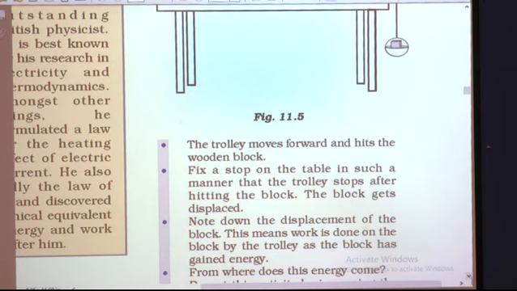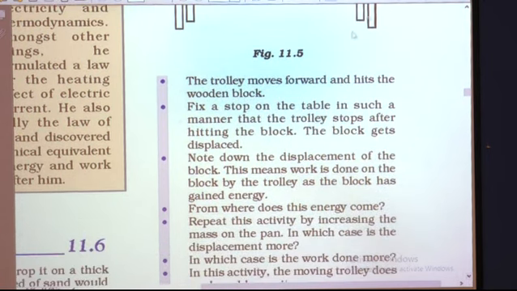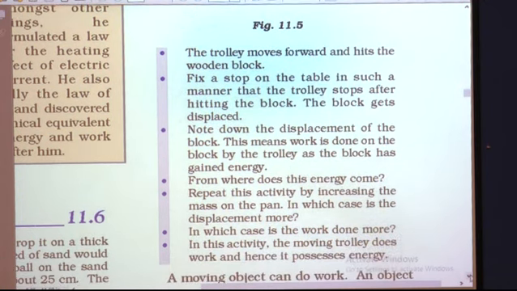From where does this energy come? This energy has come from the masses which are there in the pan actually. So, repeat this activity by increasing the mass on the pan. In which case is the displacement more? When you increase more masses in the pan, there is more energy given to the trolley and it moves